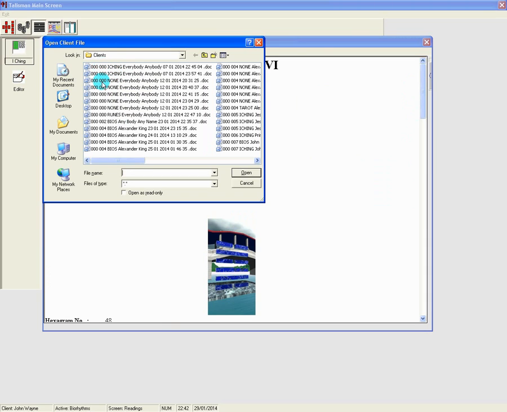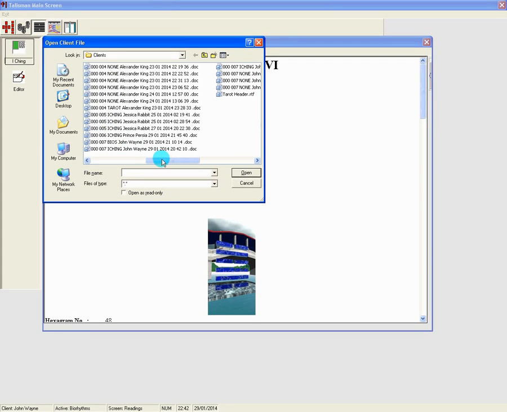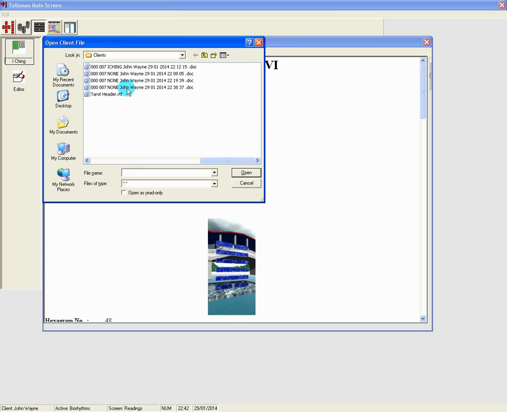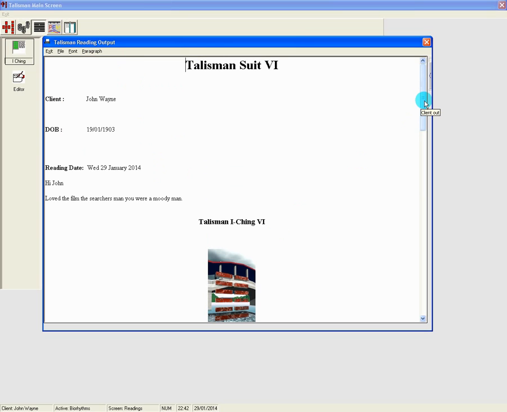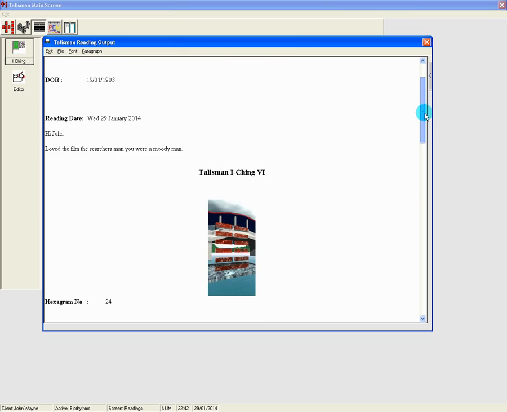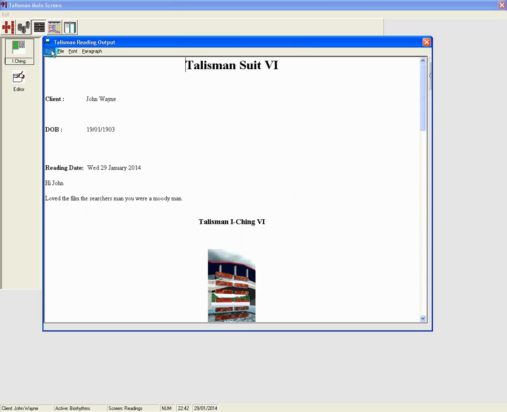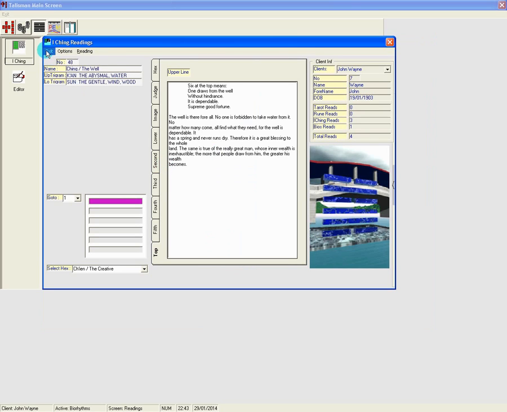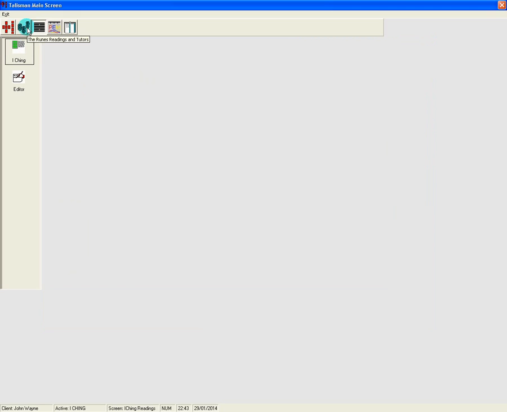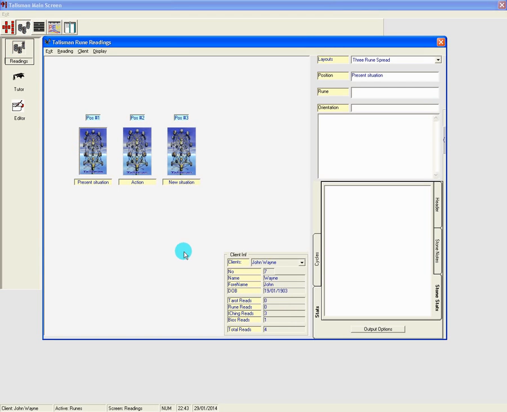Now, the client number is the first part, so this is what we're looking for. John Wayne is number 7. It was an I Ching, it was a none reading for him. So you can see that it's the outputs for these. Now this is where the output gets complicated. The output for these is actually dependent on just reading